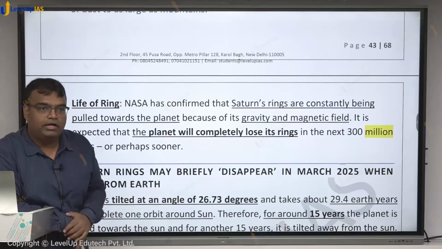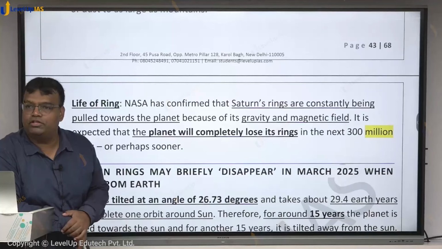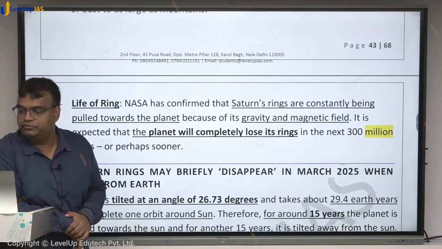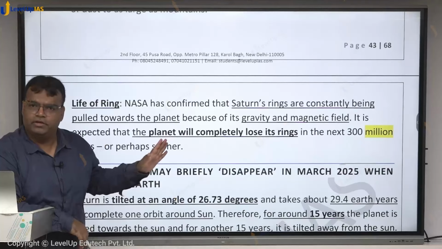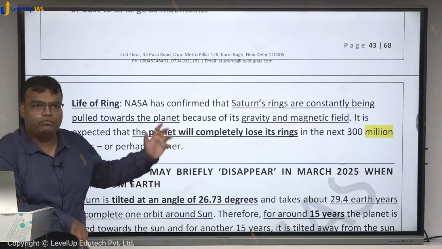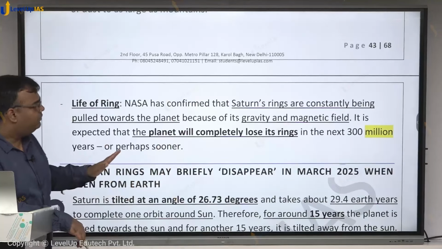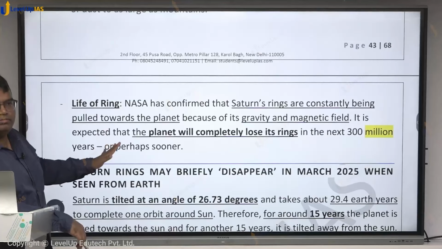Today we are going to talk about apes, in prelims facts, we'll see that our existence on Earth has been very small. Our existence on Earth has not been that long. But anyways, Saturn's ring was formed around 100 million years ago, and it will be completely lost in the next 300